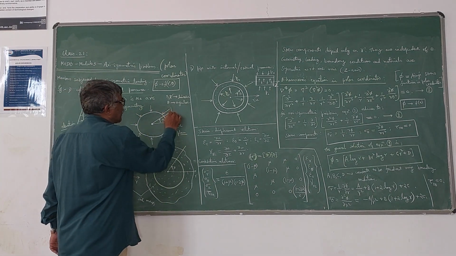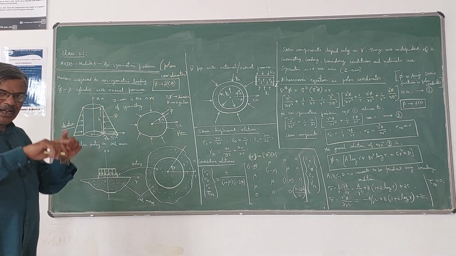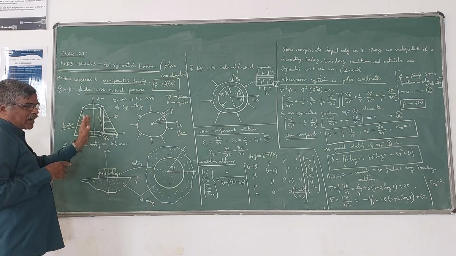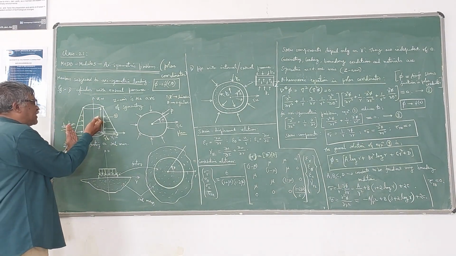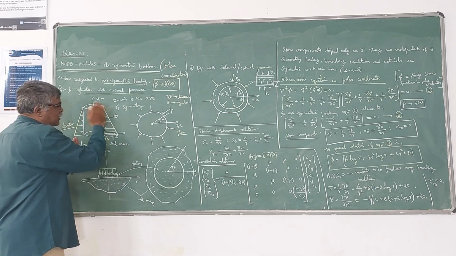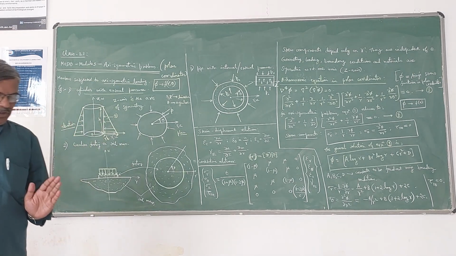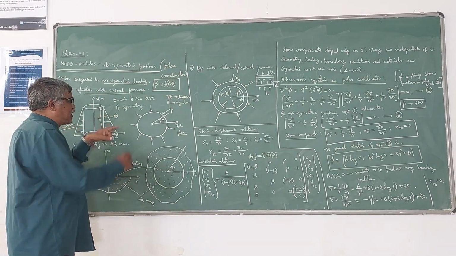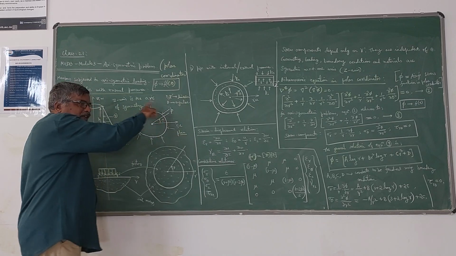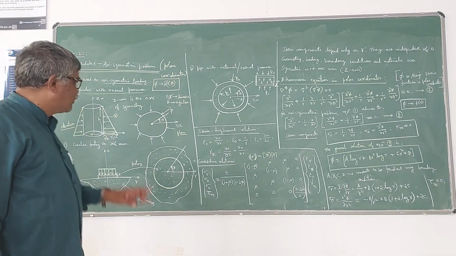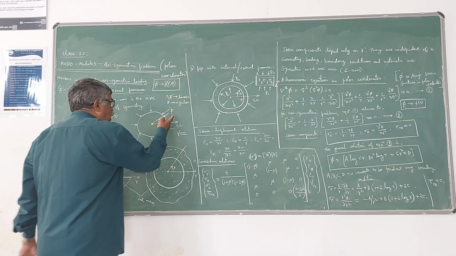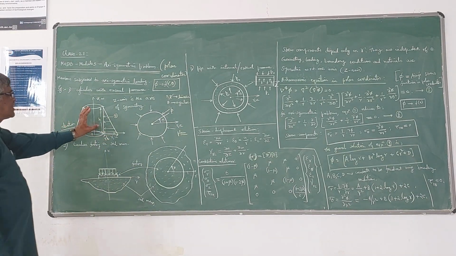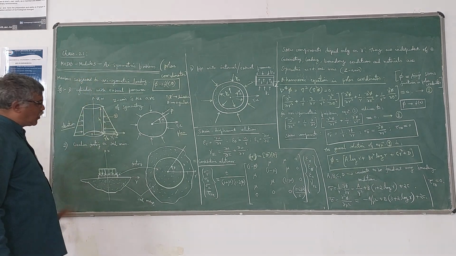So there will be pressure acting over the entire circumference of that cylinder. If you take the z-axis as the symmetrical axis, then whatever pressure is there on the left side, the same pressure will be there on the right side also. So it is also called a solid of revolution. So over 360 degrees the pressure is the same along the circumference, which means it is uniform along the circumference of the cylinder. So this is an example of axisymmetric loading.